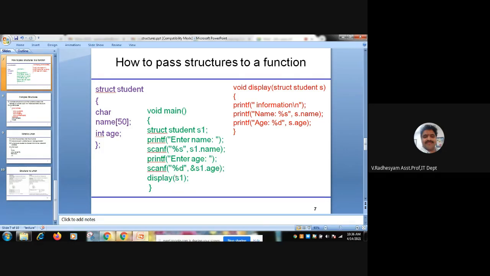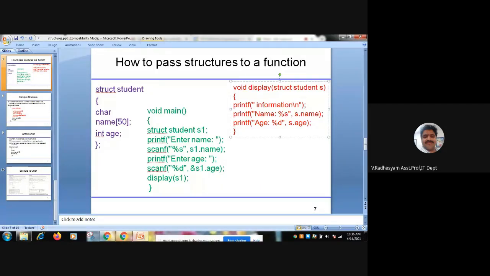Now display of s1. Display is a user defined function. s1 is a structure variable which I am passing to a function. You can write this display in main itself, no problem. But in order to understand how to pass a structure variable as an argument to a function, I have taken this example. Now void display struct student s. s is a formal variable. Here s1 is an actual variable. The information is s dot name, s dot age.